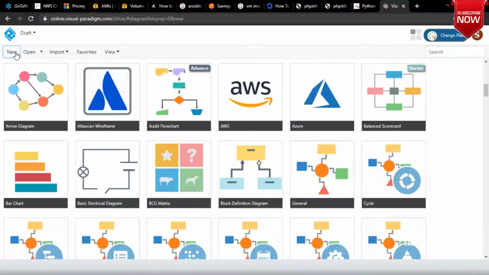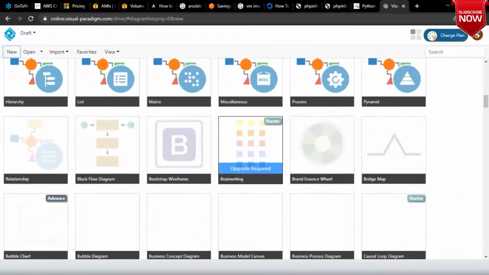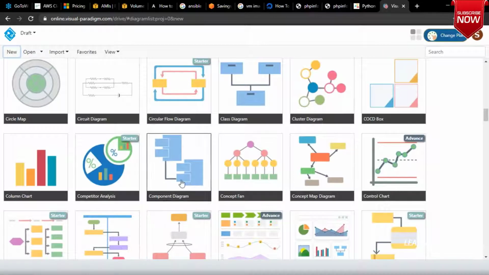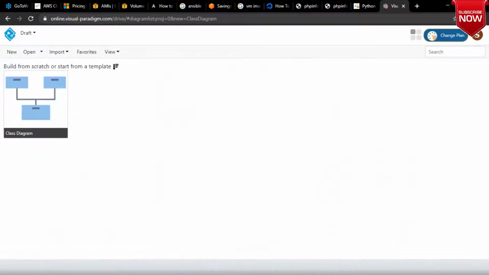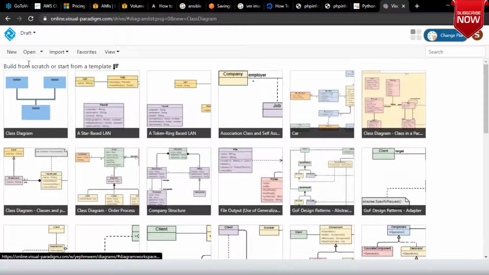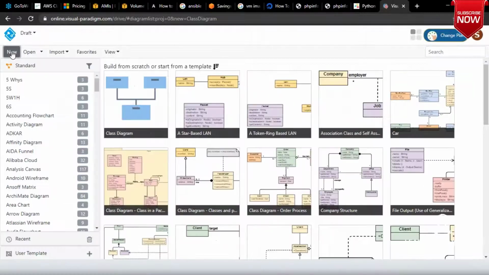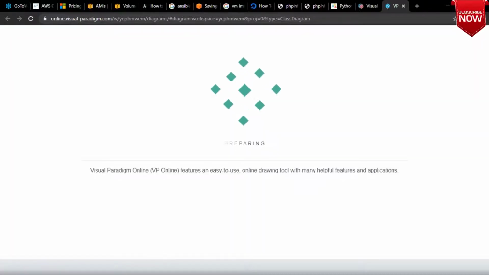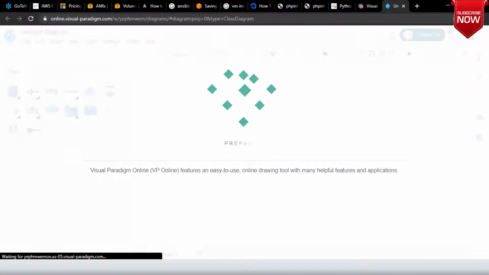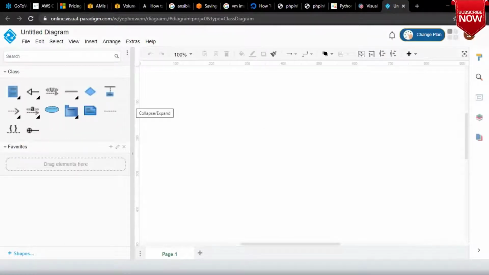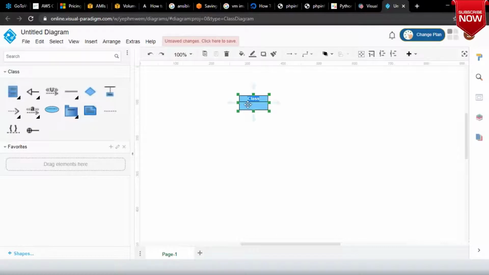I want to create a new class diagram. Build from scratch or a template, new class diagram. This is the easier way. Now you drag and drop the items over here.